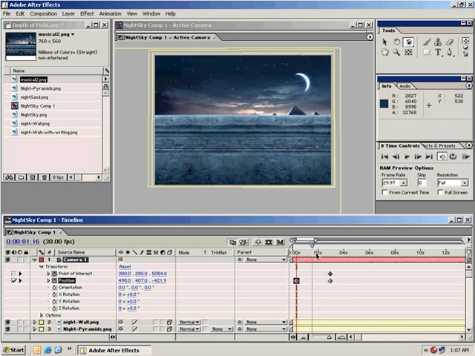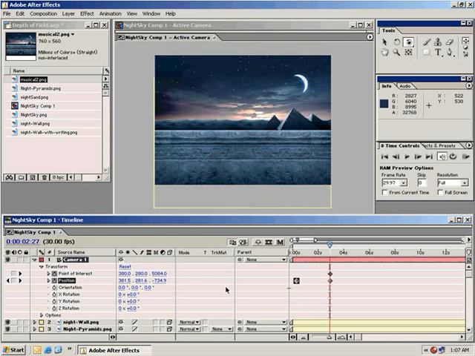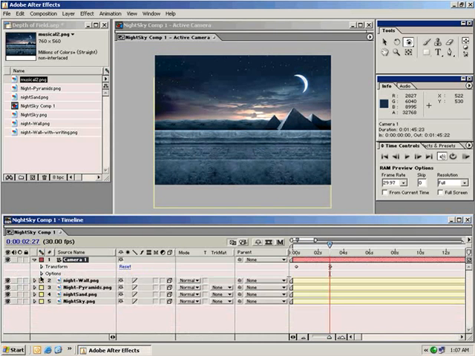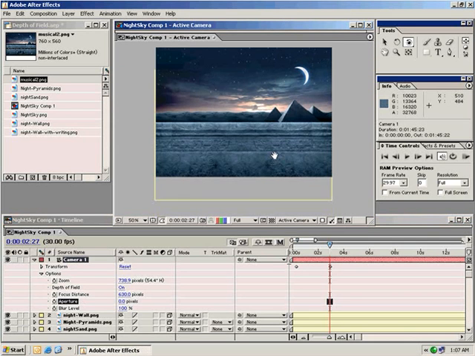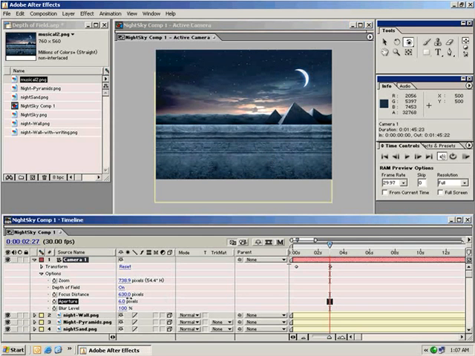But what we can do is we can actually create depth of field using After Effects cameras. And what depth of field is basically having a focal point. And for example, if we turn on the depth of field, there should be a minor change. But if we turn the aperture all the way down to 0, everything should be in focus. Now, if we turn it up a lot,